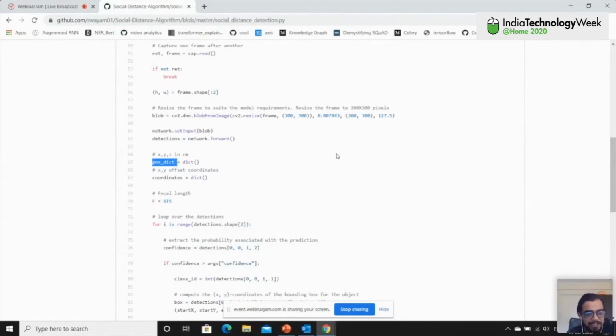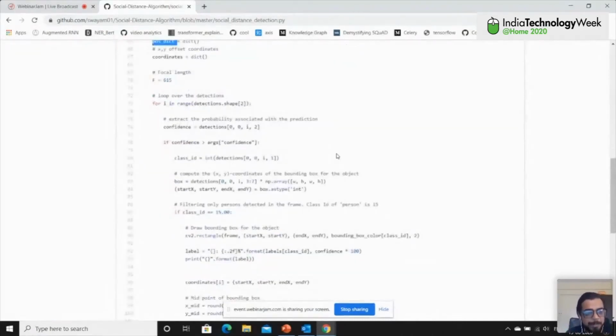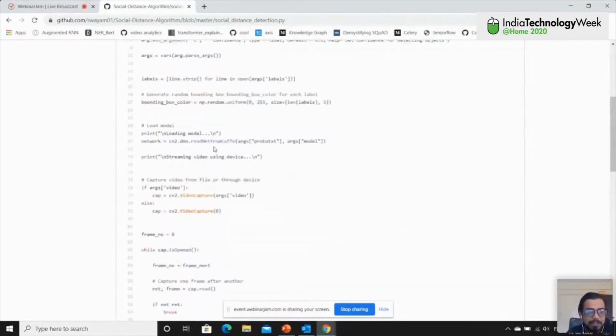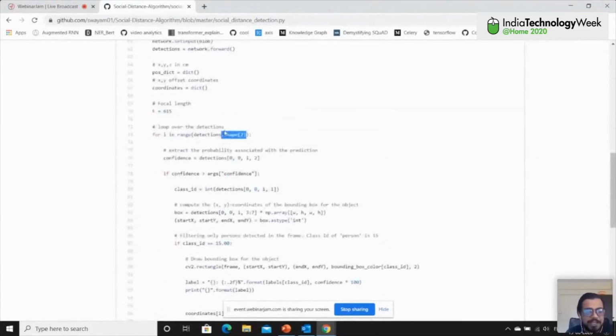Once we have calibrated our camera and got the prediction values, we loop over our predictions. Here you see we have considered the shape of 2, in the sense of the number of objects detected in that frame. We start iterating over those detections. We first extract the probability associated with that prediction value. By default we assume the probability is above 0.2. You can adjust this value; we have considered a confidence argument through which you can adjust it to, say, 0.9 or 0.5. So if the confidence is above the threshold,